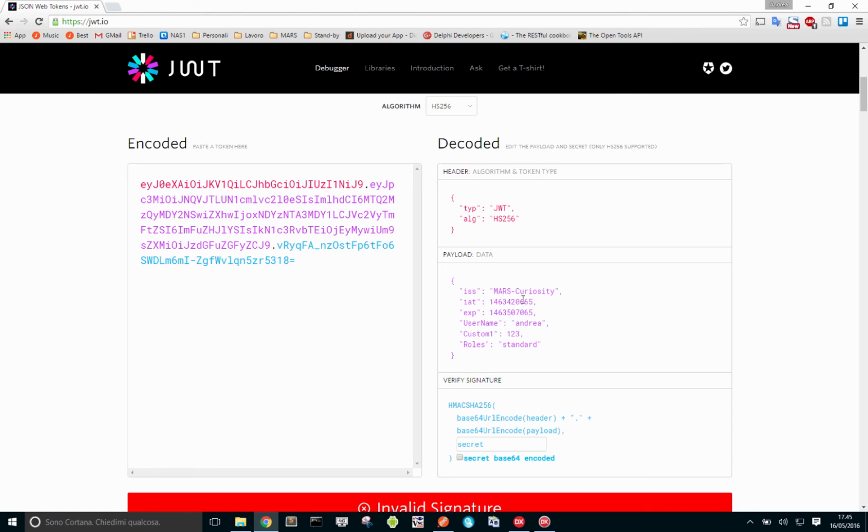There's a timestamp on the issue time and an expiration. There's my username, a custom claim that is just an example on how to add custom claims in Mars Curiosity. And there's another claim that lists roles that are associated to this